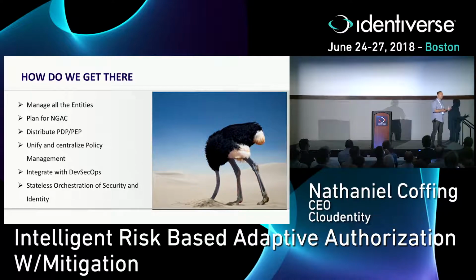Next up, unify and centralize policy management. When you start to think about what that means, like where are my policies stored, right? So again, go back to a web access management or a traditional data center style model. I've got policies at my firewall. Can I get into this subnet? I've got policies at my load balancer. Can I get to this VIP? I've got policies at my actual application, or my web access management gateway, where I say, what is my OAuth scope? Can I get to this URI, this section of the URI? I've got policies within my applications that are saying, what are my fine-grained entitlements? What are my permissions and consent for this application?